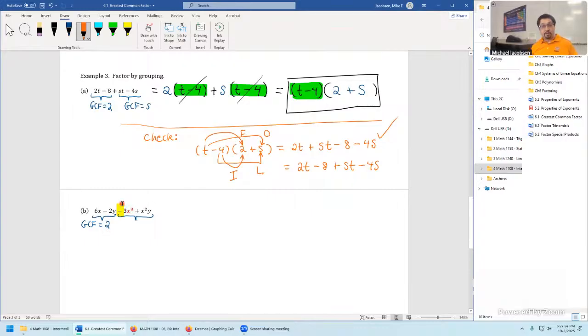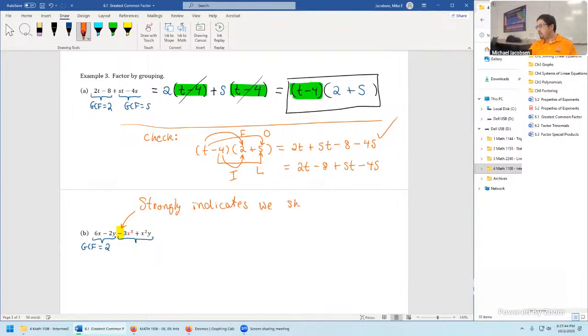However, in factoring by grouping, when a negative sign shows up right there, you want to take the negative greatest common factor. So let's make a big deal out of that right here. A negative sign strongly indicates we should factor out a negative as well. This will come up in a few spots in the homework as well, so watch out for that